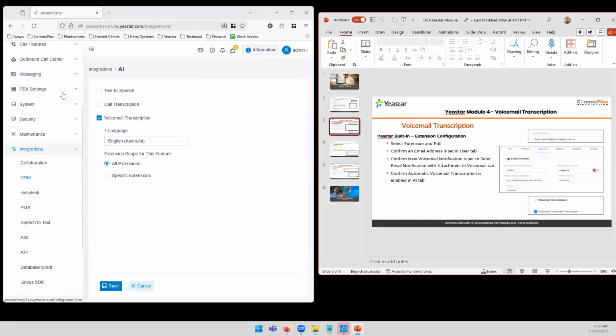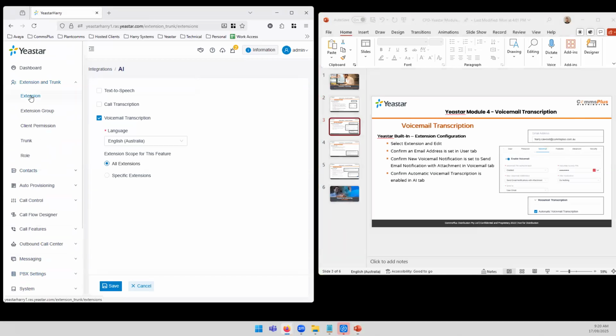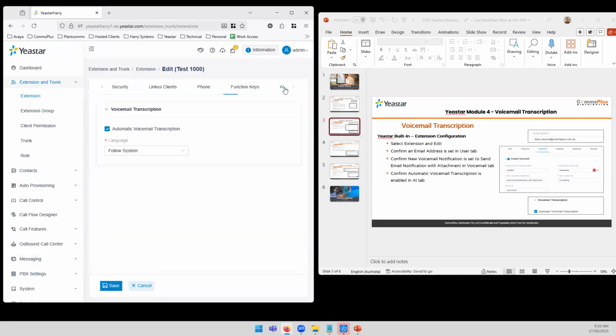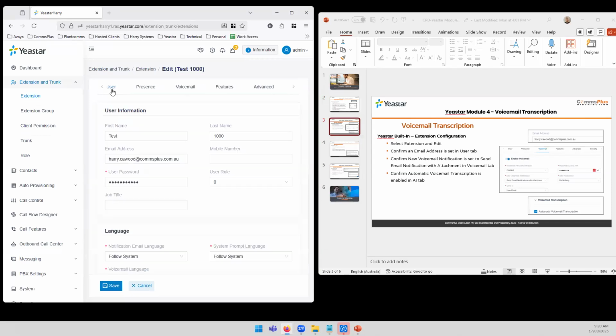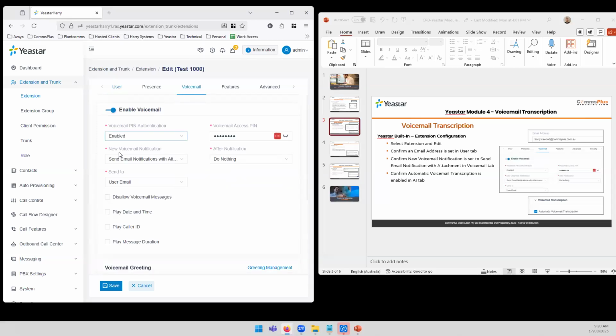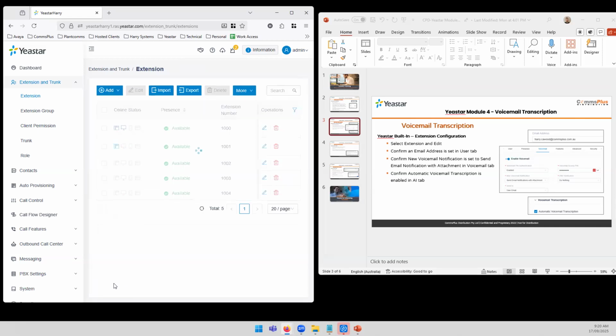Then in the extensions themselves, I come up and go to extension, edit, you'll get a new tab called AI. You just got to make sure that this automatic voicemail transcription is enabled. Also, you want to make sure that under the user, you have an email address. And then also under voicemail, you need to make sure that this, as I found out the other day, is not on as default. Send email notification with attachment. And if we save that,